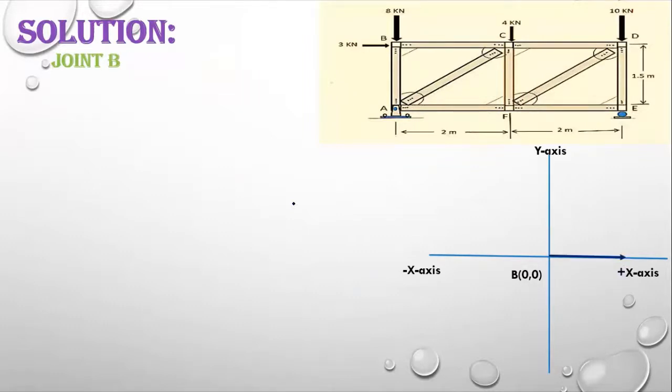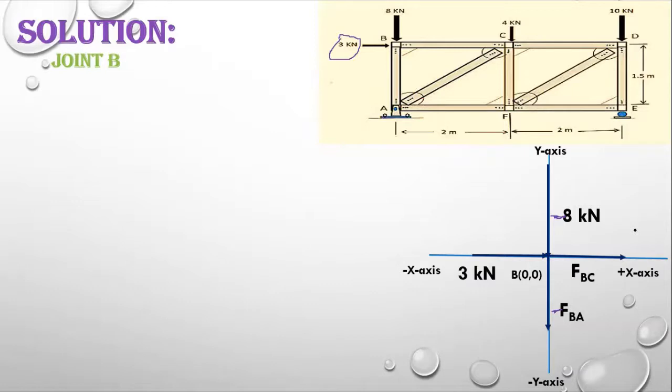Then what? One FBC member force. You can see this is the horizontal member force, and it is acting on the positive x-axis. Then there is another force, that is 3 kilonewton. You can see in this diagram, this is 3 kilonewton. And then there is a vertical force of 8 kilonewton. Then there is the member force FBA, that is acting downward, so it should be -1. So I am going to put the negative sign here. If you want to put it in the equation, you can put it here. I'm just trying to explain it to you here.